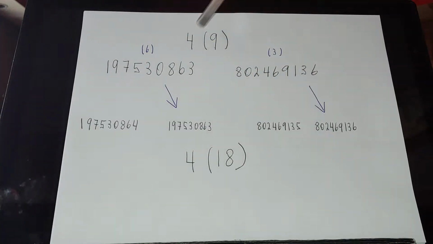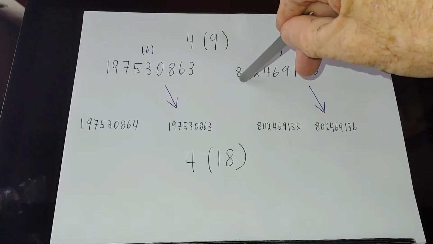Okay. With the 4, which is a 248751 number, we see these 6s and 3s on the top. With the 369 numbers, we're going to see 369 numbers on the bottom. But we're reducing these numbers, and here's one of these groups of numbers that I speak of. Okay, so here it is,